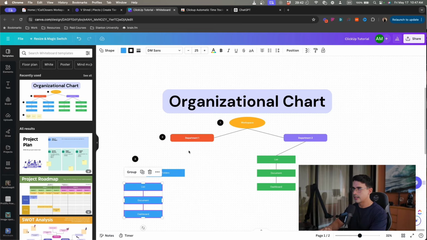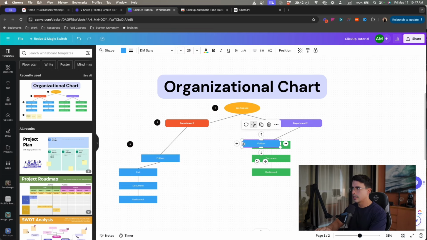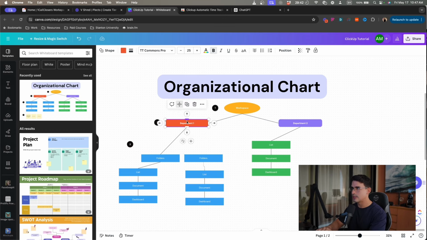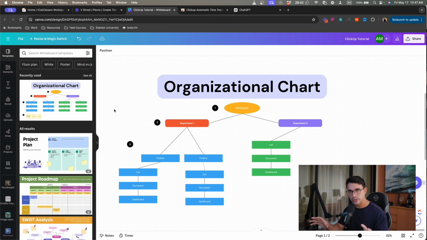And then inside each space you can have more than one folder, and make things very organized. This is how I typically set up the workspaces, so that you have an idea of how to go about setting up your workspace. That's the main way I would organize the platform: departments. Within each department you can create folders for specific purposes, and inside the folders you can create lists, put documentation, dashboards, etc.